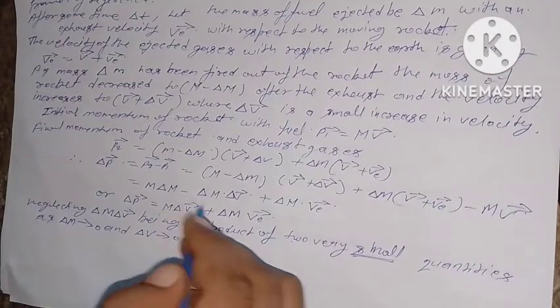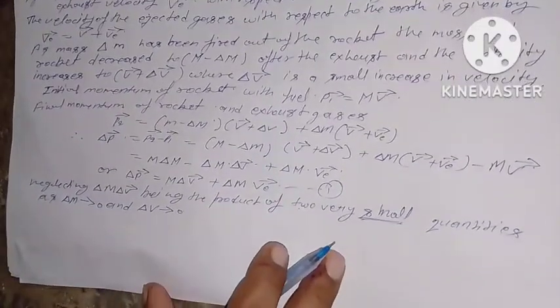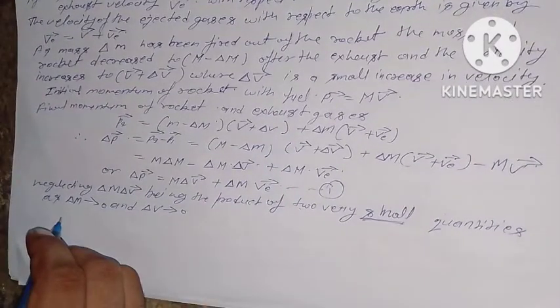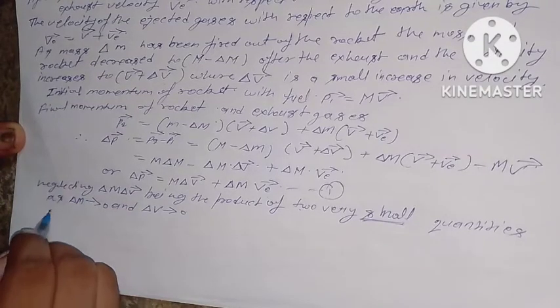This is equation first, okay. Dividing equation first by delta t and taking limits when delta t tends to 0,